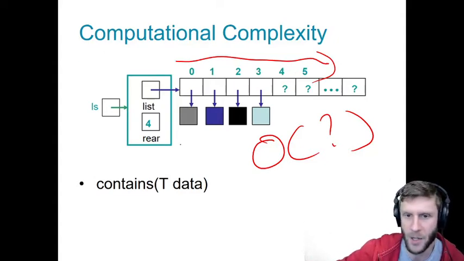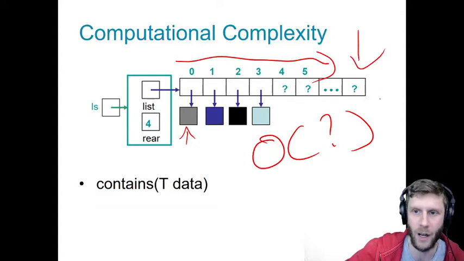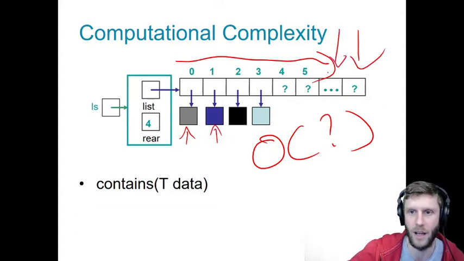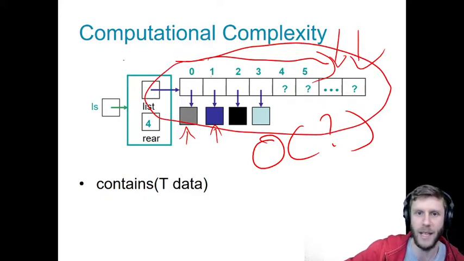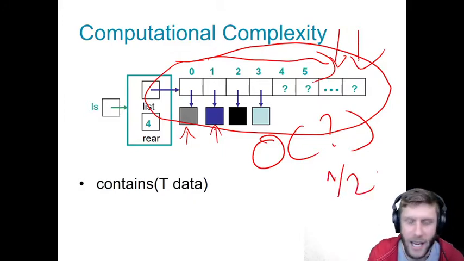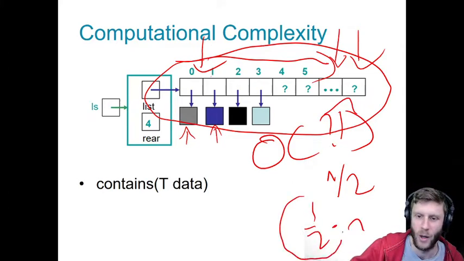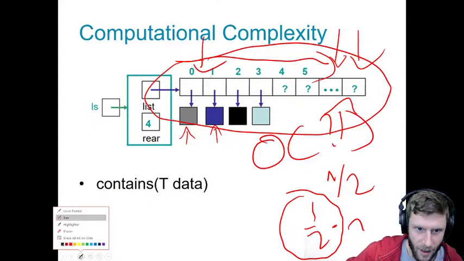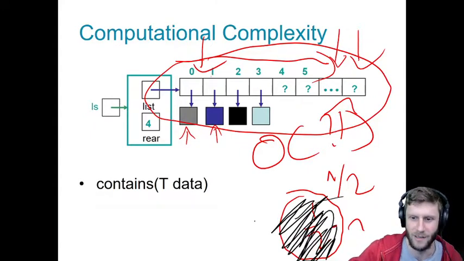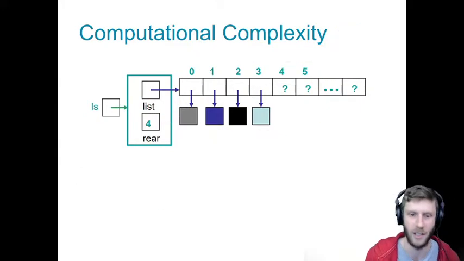Now you might say, well, sometimes you might get lucky and it might be the first thing. Well, you figure maybe for every time you get lucky here, you also get very unlucky. So basically, on average, how many times are you going to have to look at things for the search? Well, it's going to be on average n over 2, right? Because half the time it'll be before and half the time it'll be after. But here's the thing. 1/2 times n, what is this? Well, this is a coefficient. And what do we say to coefficients? We say, get lost. So really at the end of the day, find calls, which is linear search, yeah.